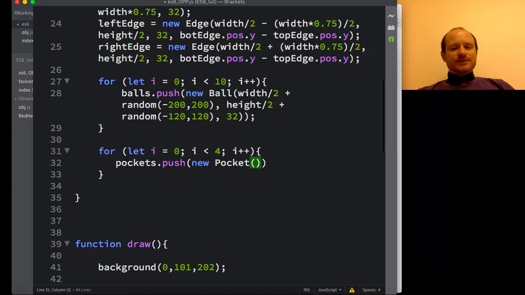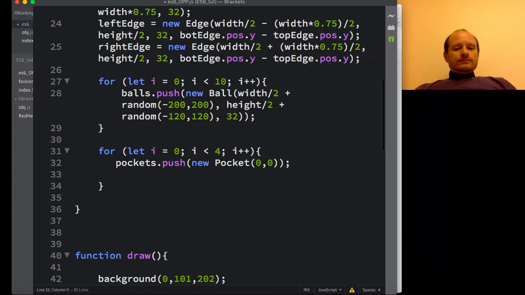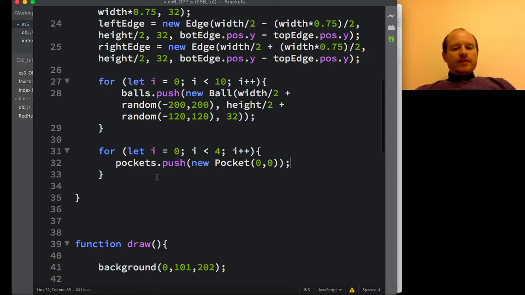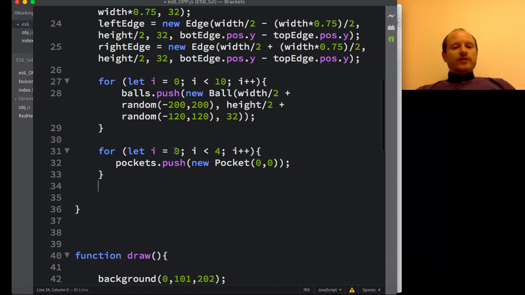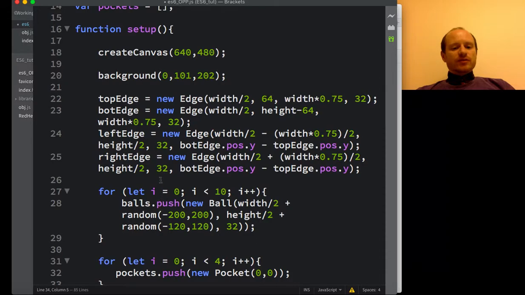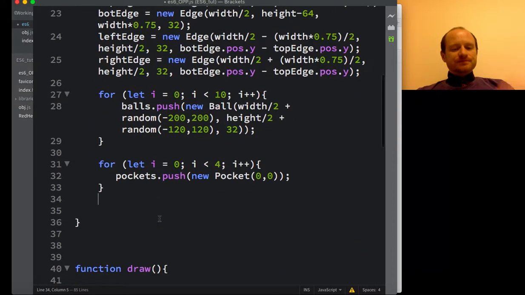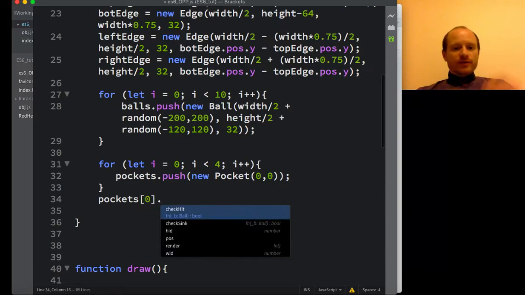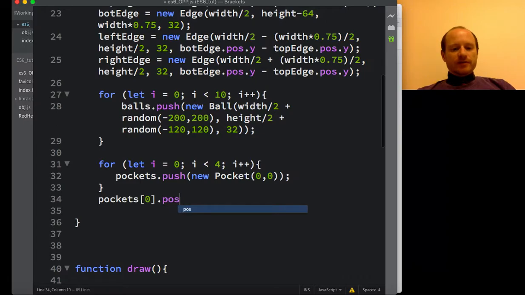Okay, so in fact, let's just put 0, 0, because we just want to create them. And then after that we should have functions for setting up the balls, the edges, and the pockets. We're going to now refer to each pocket on its own and hard code where it should be. So pockets position